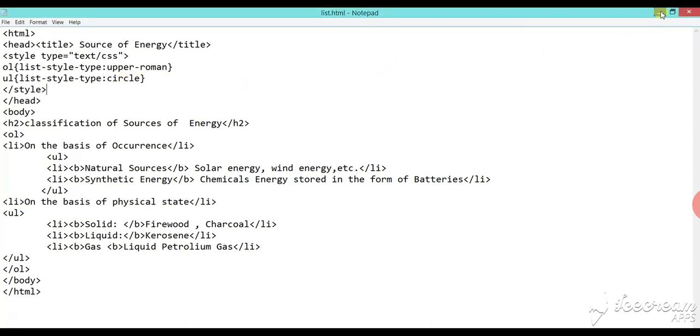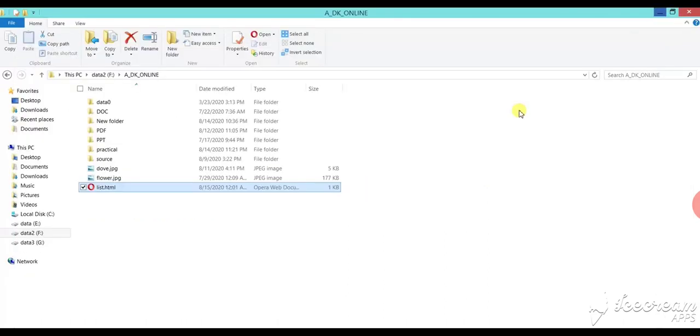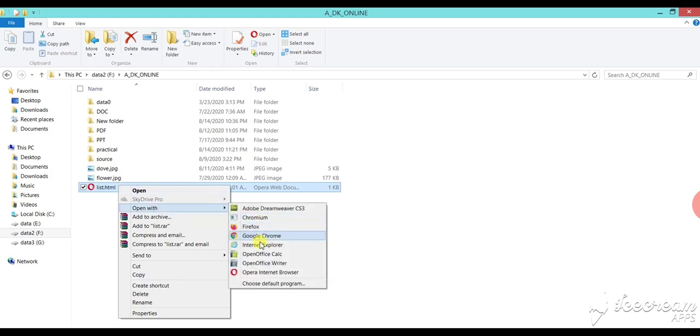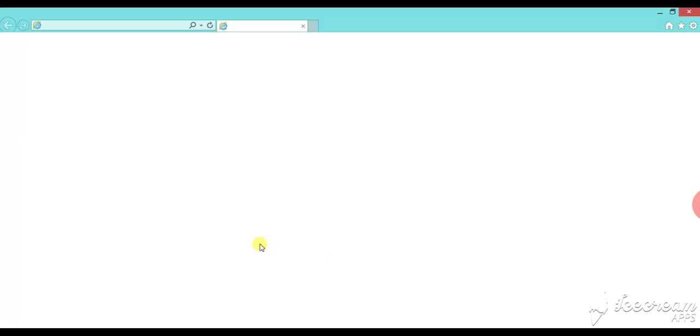Then minimize your Notepad, then right click on list.html, then open with Internet Explorer. See, this is the output of the program. See, ordered list as well as unordered list.